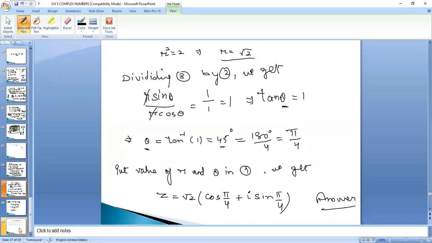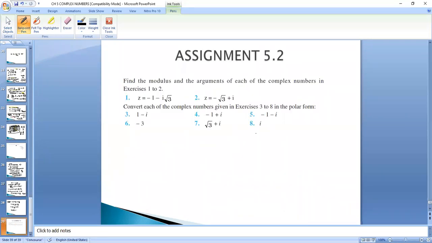Now the complexity will increase. We will be doing positive and negative value questions also. Now you do the seventh question. First I am taking where R cos theta is positive and R sin theta is positive. Then we will move on to what if the values are negative, and what about the angles.